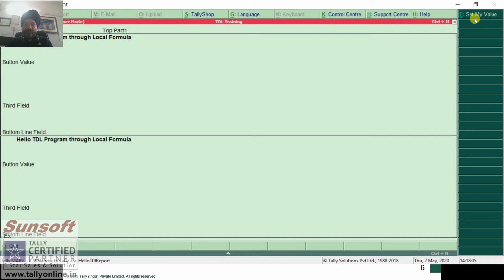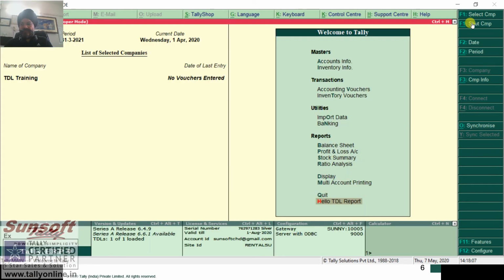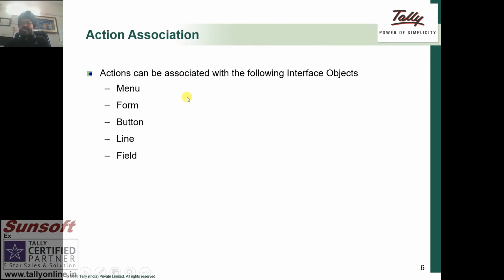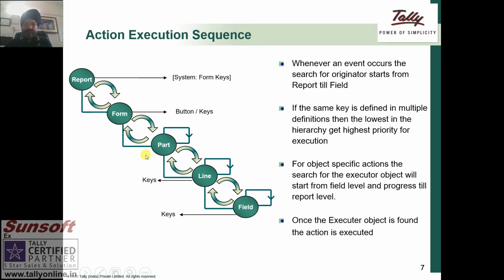Now I am pressing Control E, the value is executed. Even though I have defined the button at the form level, at the line and field level also it is executed. So this is the hierarchy: if I define it on a form, it is on the part also, line also, field also. That is the sequence in which the actions are executed.